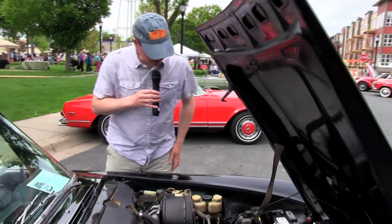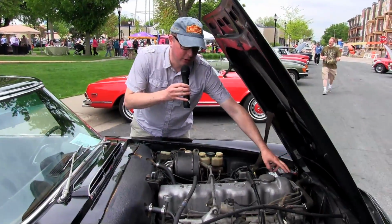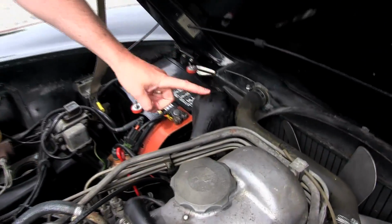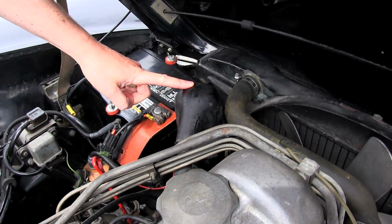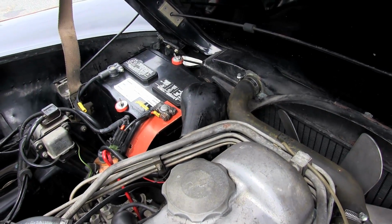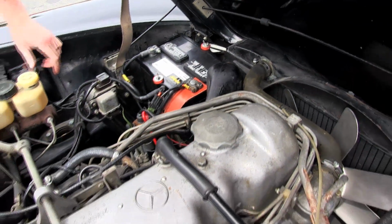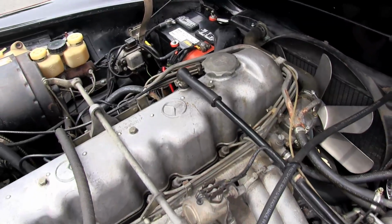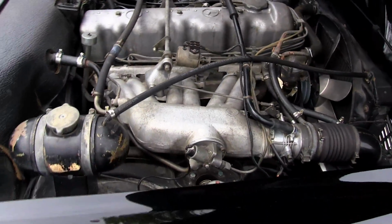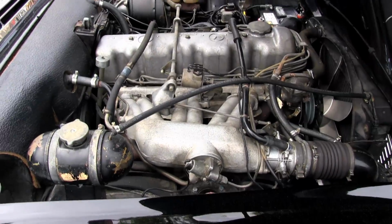But a lot of little bits that are correct. A lot of these cars lose this piece. This is sort of a cap that goes over the points over the ignition. A lot of cars are just missing this, but this is a largely correct engine bay. Again, just sort of a nice driver. Not every hose clamp is correct, and the hoses and things like that, but overall it's a great fun little